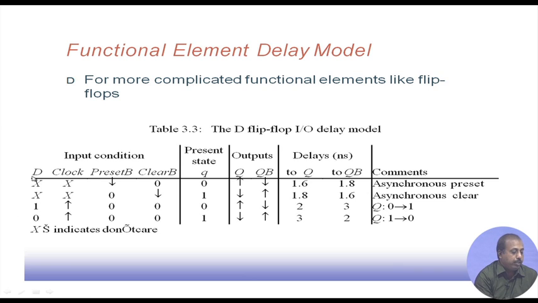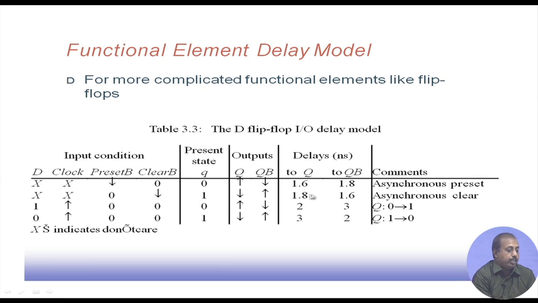For example, if D and clock are both do not care, and the preset bar line is made high to low, then the Q output will become 1. If the present value of Q is 0, then the output of Q will go from low to high, and Q bar will go from high to low. The delay to Q is 1.6 nanosecond, and to Q bar it is